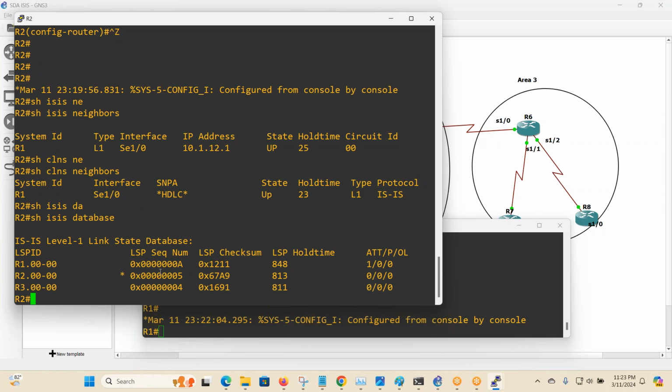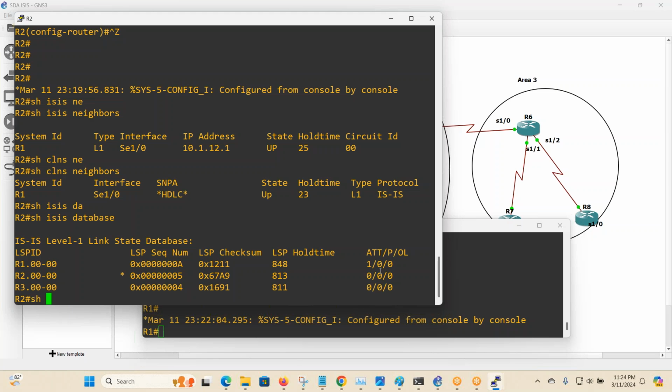The LSP sequence number is something like the OSPF sequence number, then checksum, hold time, which is the LS age, and then attribute. So R1 is advertising the default route into this area. Basically, you don't need to configure the stub. Each area type is by default stub because it is using two different databases to manage the L1 and L2